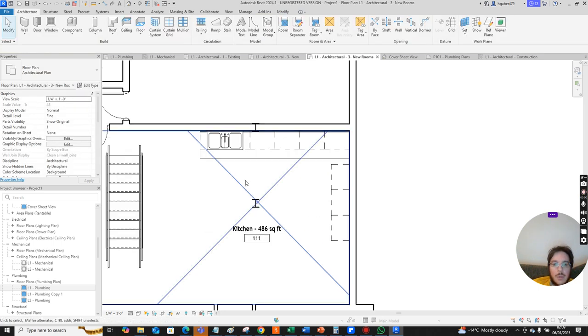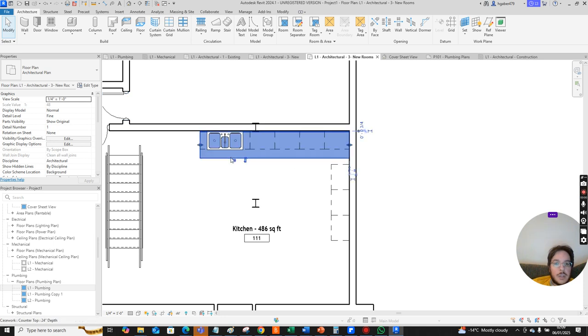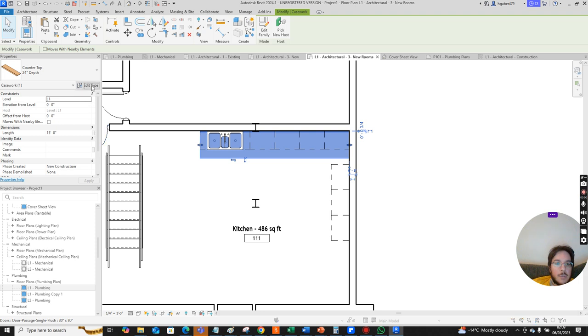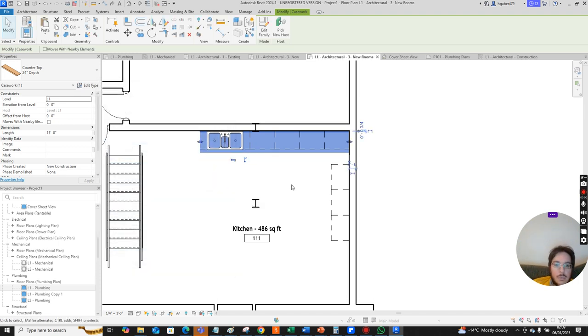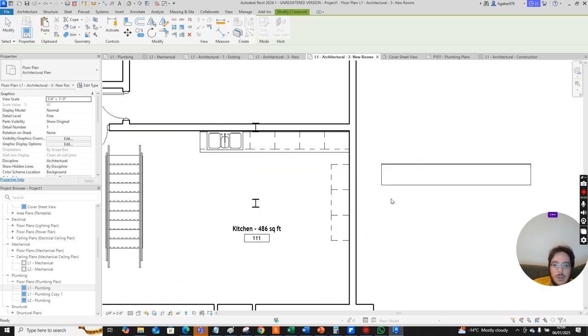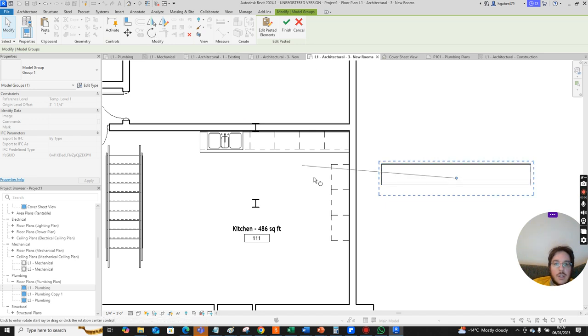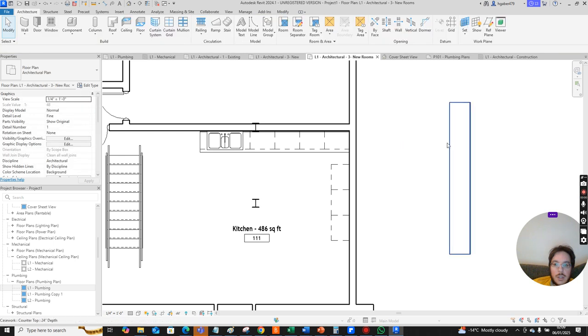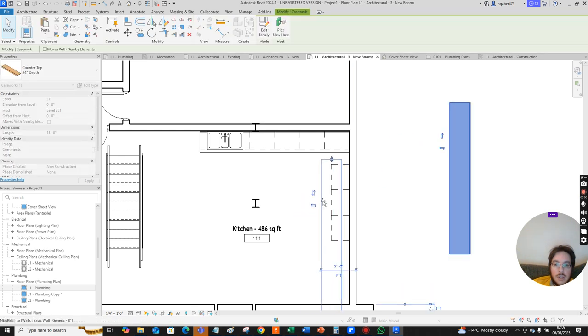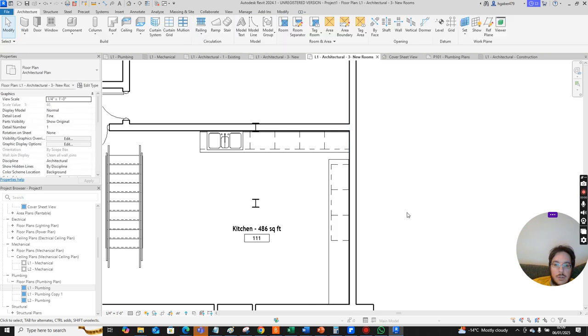Okay, so we got our millwork, and then I'm gonna put in our countertop, and I made a mistake here with this depth. Also be careful, because when you change the millwork, or when you change an element, it ends up changing everywhere in your drawing unless you duplicate it. So here's our oversized countertop,